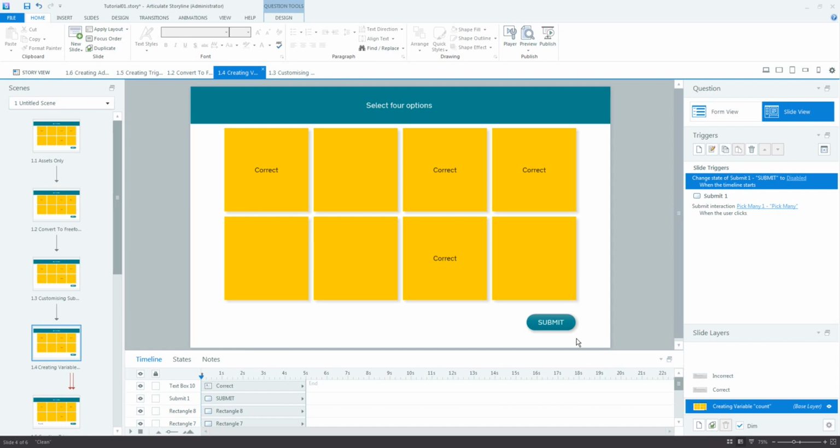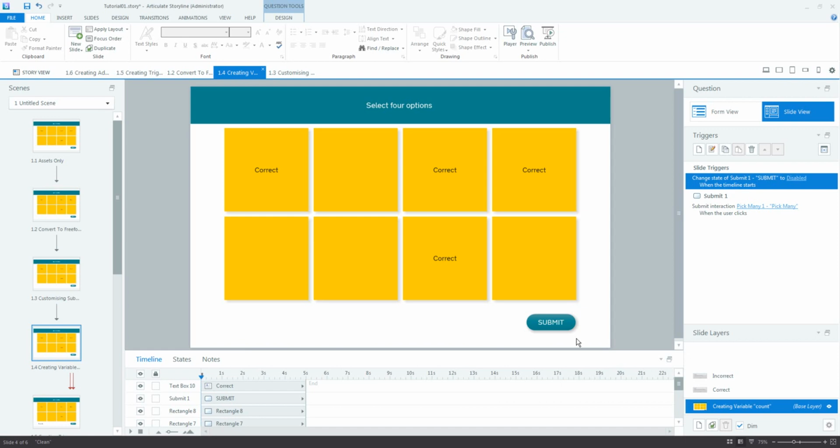A text box that displays the value of count so we can see how the value of count changes as we perform our tests. And 5. A trigger to make the submit button enabled once count equals 4. Now let's look into each of these items in more detail.